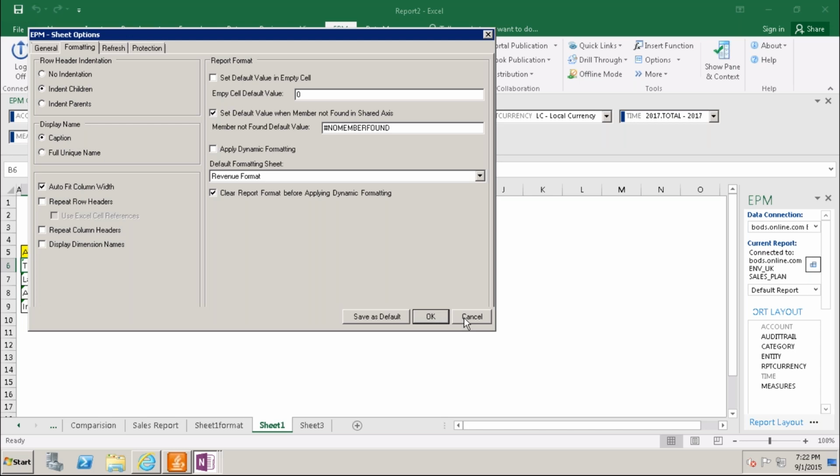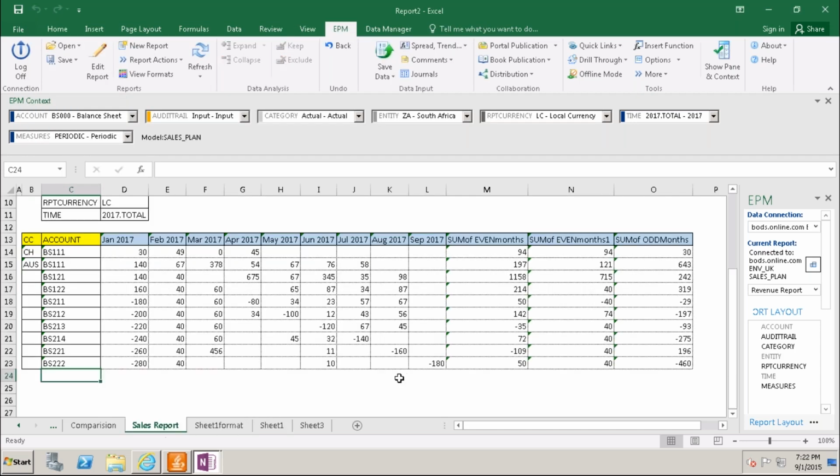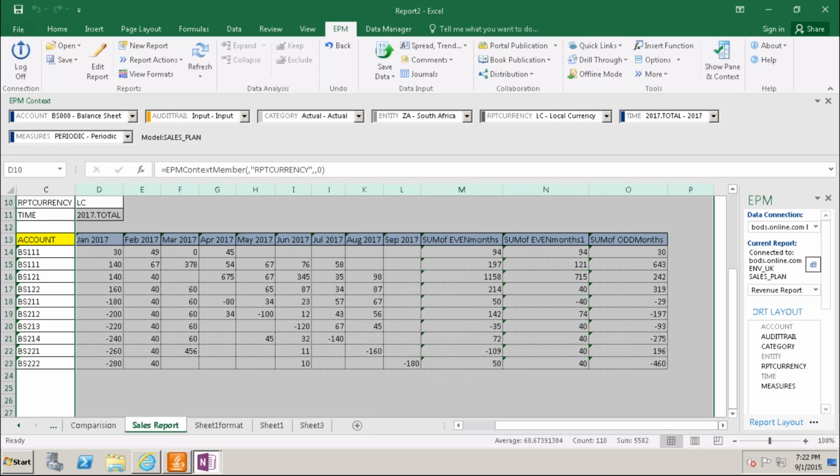I'll explain this now here in this sales report. In my sales report, the columns are not properly fit, so the widths of the columns are different. It looks a bit ugly. So what I'm going to do now is keep all my data columns at the same width.